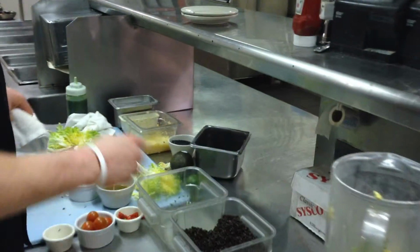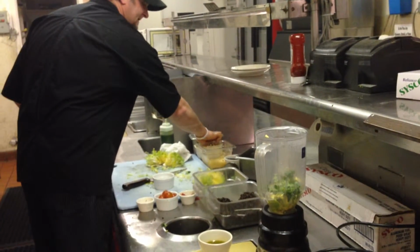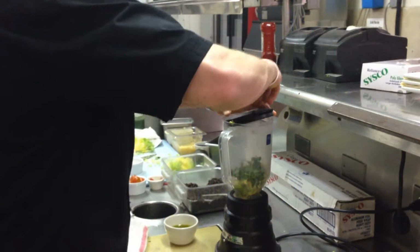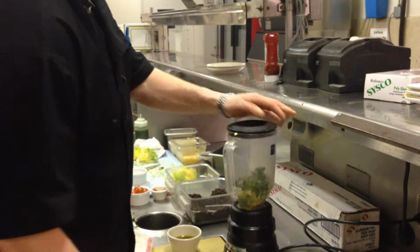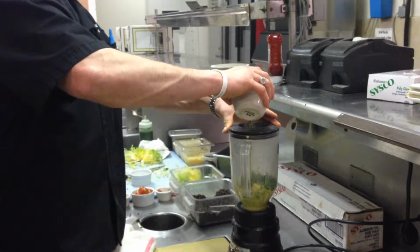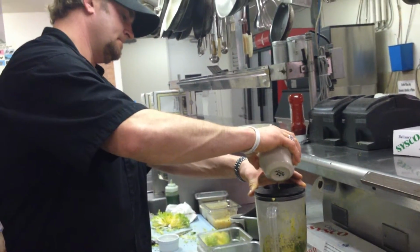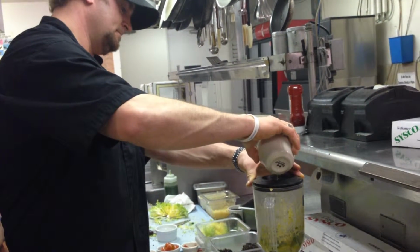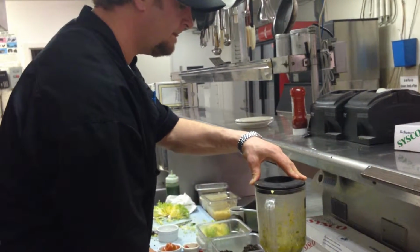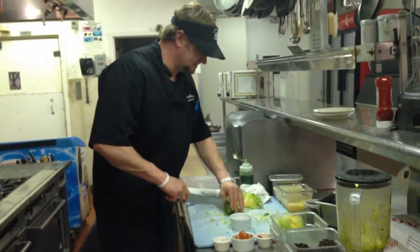My avocado mousse is set. So all I'm going to do is just salt and pepper. I also added a little garlic, as you saw a second ago. Okay? And now I'm just going to be in puree mode. We're going to add about a half cup of extra virgin olive oil. It needs a little bit more liquid, so I'm just going to